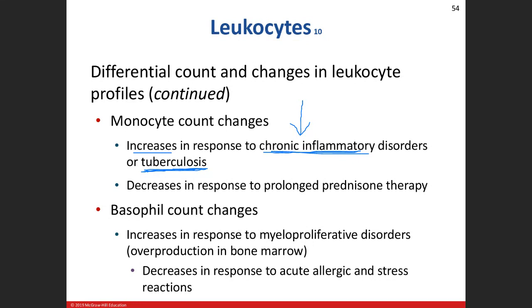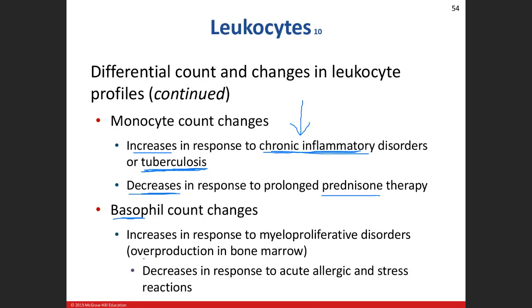So when we see a decreased number, think prolonged steroid use, prednisone, okay? When we talked about it before, back in chapter 17, when we were talking about cortisol and corticosteroids and whatnot, one of the things that they do is decrease your immune response. So long-term steroid use, I'm not talking about anabolic steroids, I'm talking about catabolic steroids, will decrease your immune system, okay? All right, basophils, these guys here,